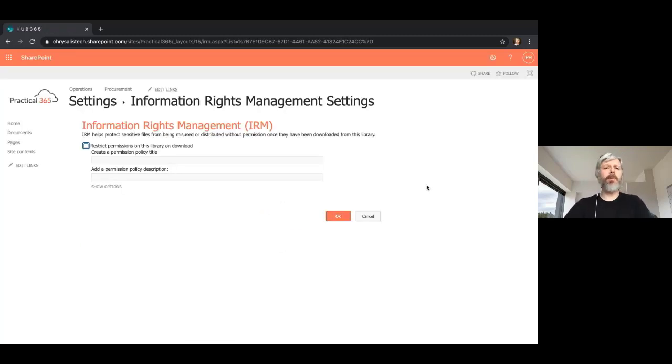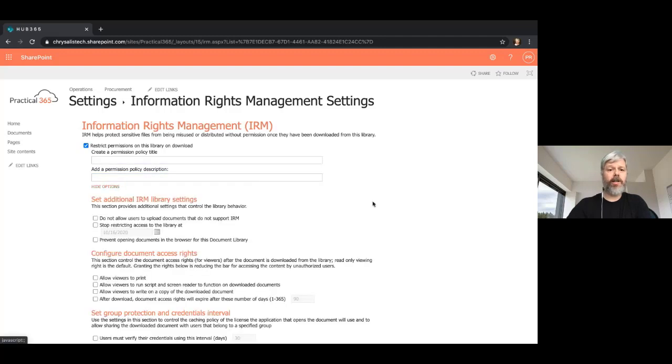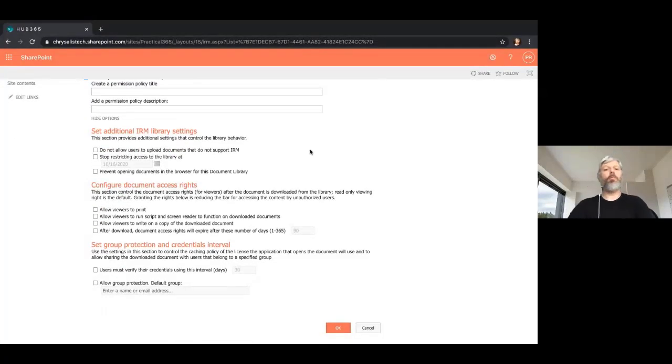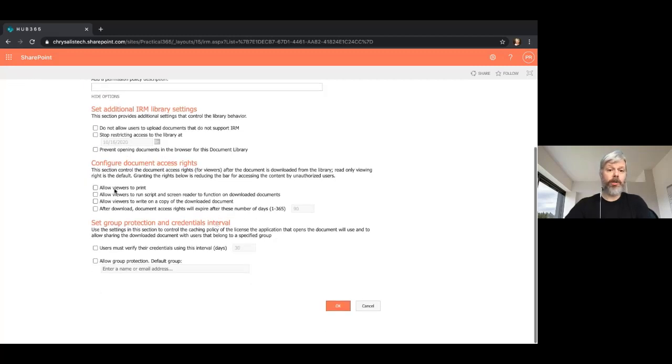So this is what you can do to enable from the document library level, from the library settings: you can click to restrict permissions on this library on download. You can create a title for that, add a permission policy description, and then if you click on your options, this is where you get the really good stuff you can do with information rights management. Do not allow users to upload documents that do not support IRM. You can stop restricting access to the library at such and such a date, prevent opening documents in the browser, configure document access rights here. We can allow or disallow the ability to print the content that's protected by it, allow viewers to run script,